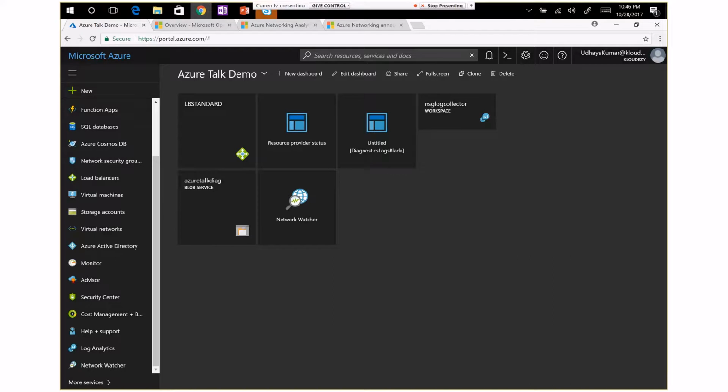Thank you. Okay, so I have a couple of demos regarding the standard load balancer and NSG log flow integrations. I'll go first with LB standard.